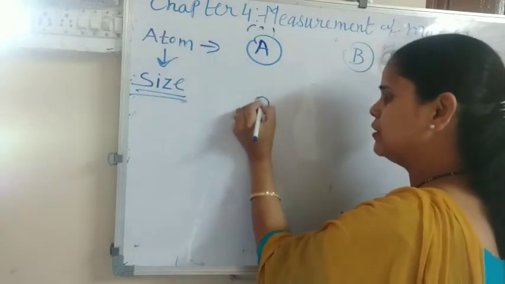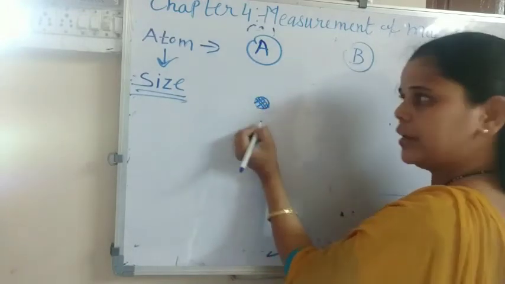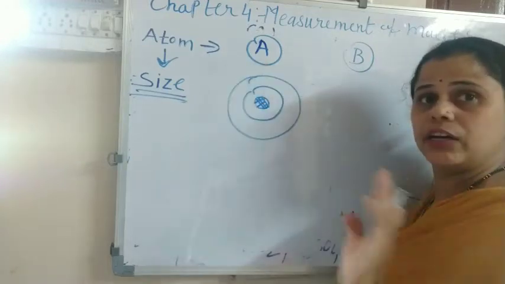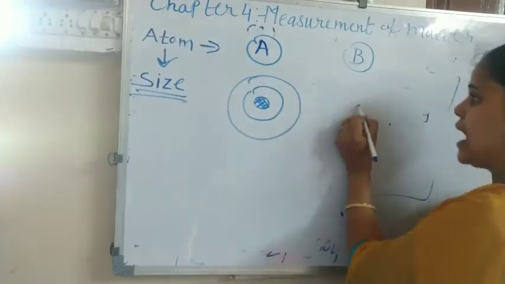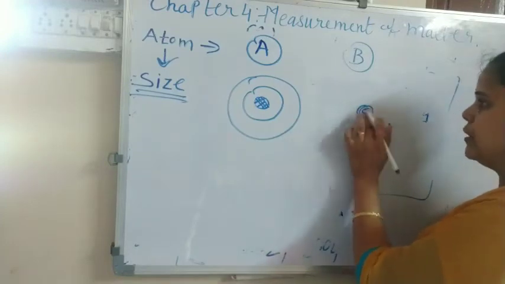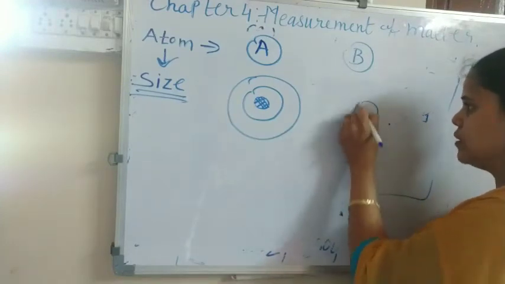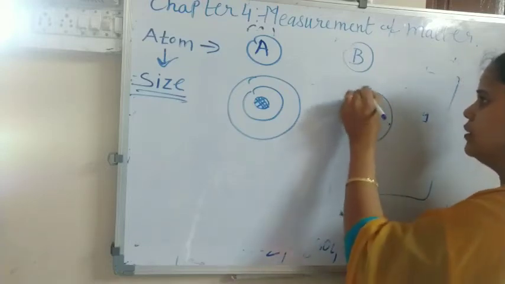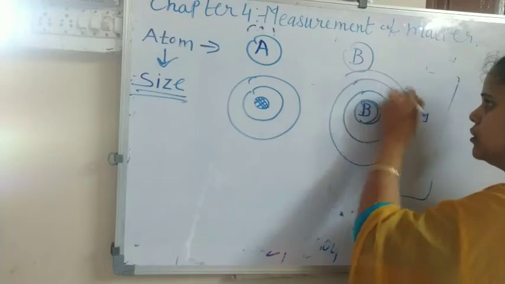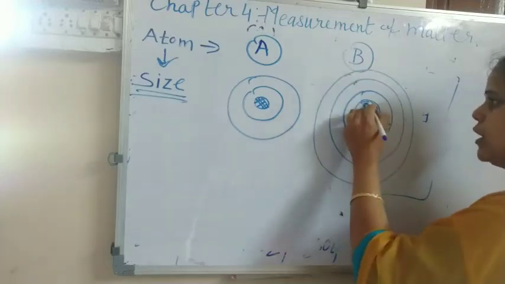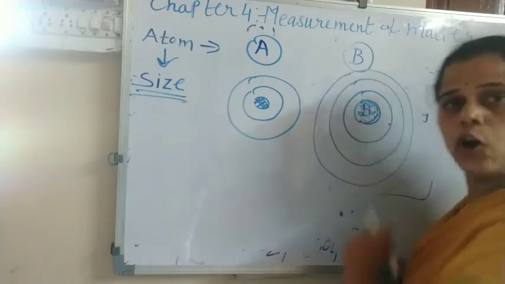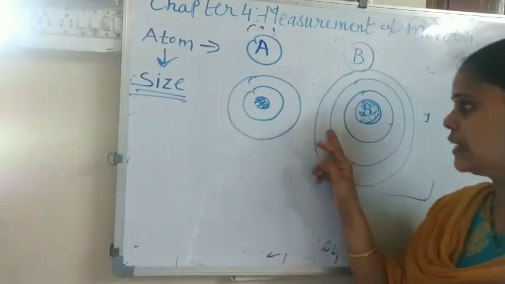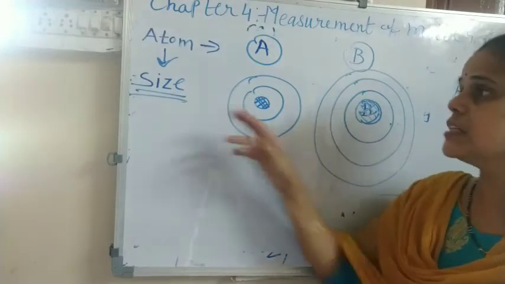Atom A, this is the nucleus. Atom A has two orbits. Then atom B, I just write B here. This is the nucleus. Then 1, 2, 3. Here total 3 orbits. So if the number of orbits is greater, is more, then in that case the size